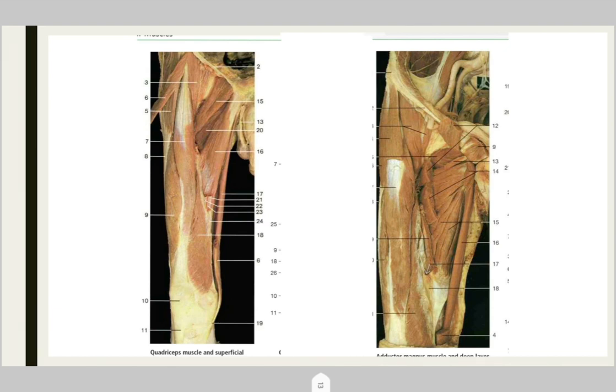Now coming to the dissection view of the muscles, can you appreciate this long, thin, slender muscle which is getting inserted on the upper part of the tibia? That is gracilis. And now the next muscle that is getting originated from the pectineal surface is pectineus. It is getting originated from the pecten pubis.